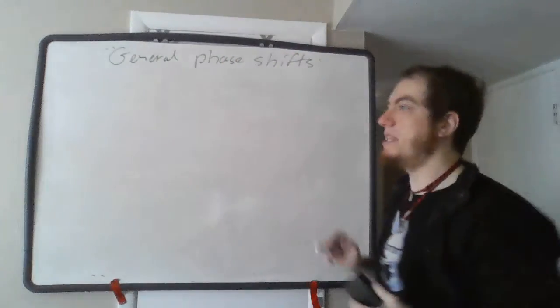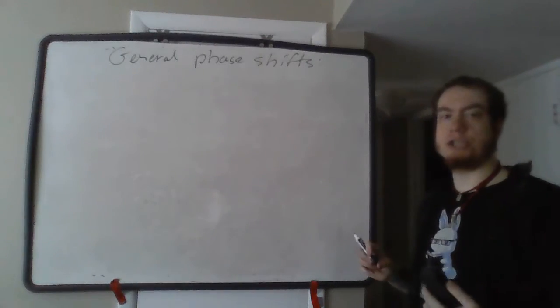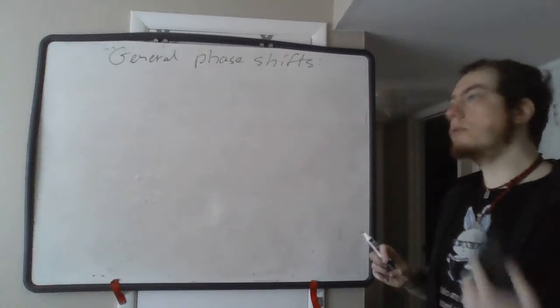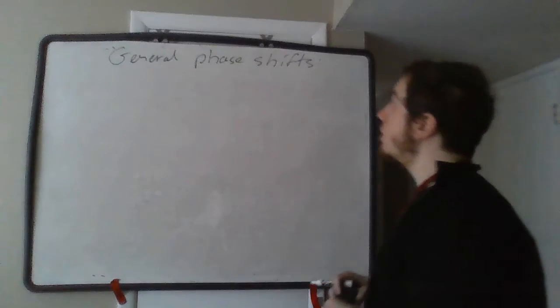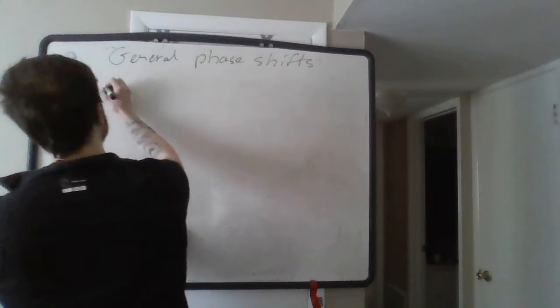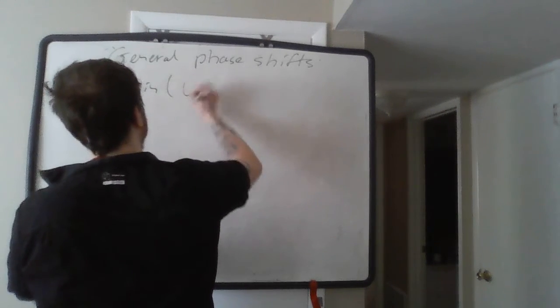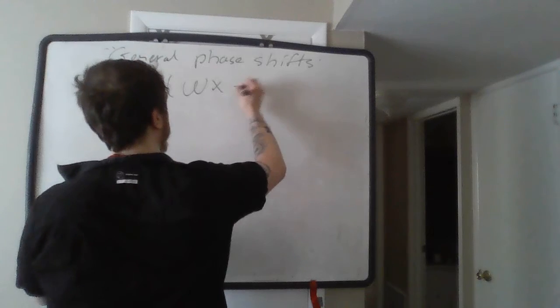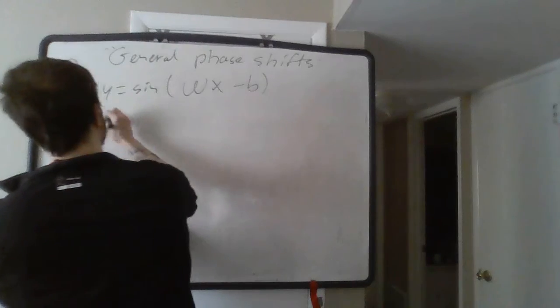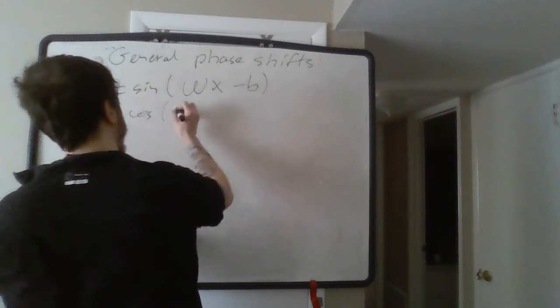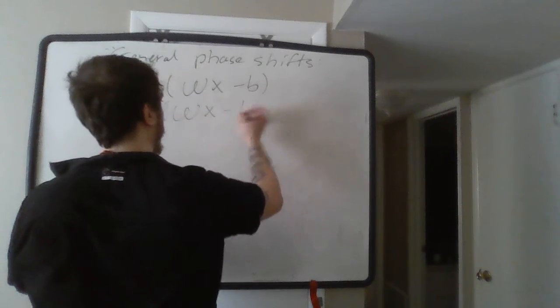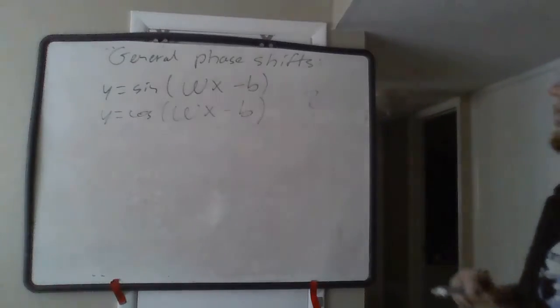Because what happens if we have not just a change to the phase, but also a change to the period? So what if I wanted to instead graph something of the form y equals the sine of omega x minus b, or y equals the cosine of omega x minus b? Well, the answer is that we get